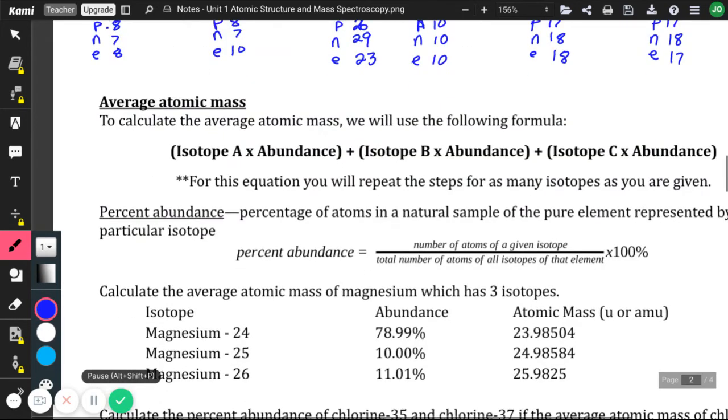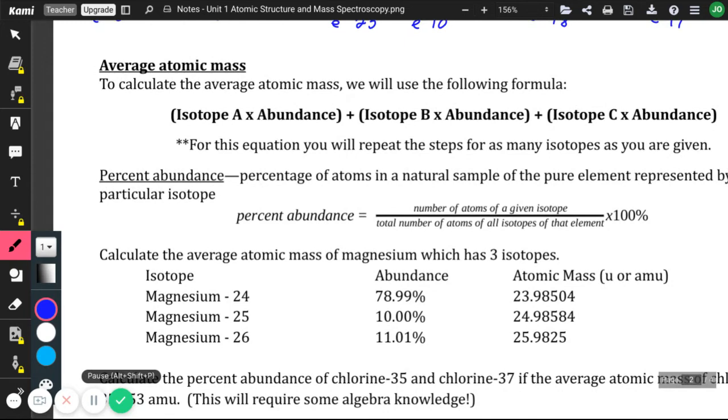All right, so now we've talked a little bit about the basics of the atomic structure. What's a proton? What's a neutron? What's an electron? What are their relative masses? What are their relative charges? All that stuff has kind of been gone over. So now let's look at where we get the average atomic mass, that mass that you can find on the